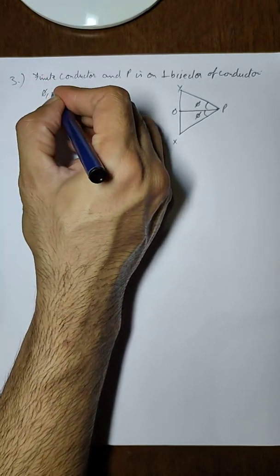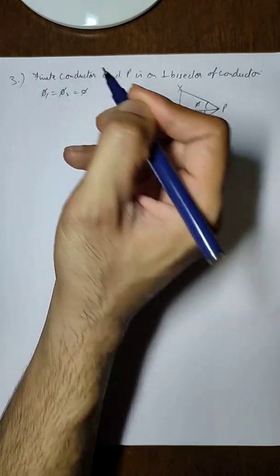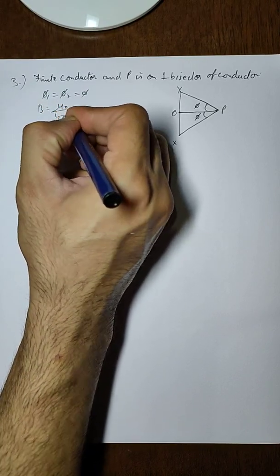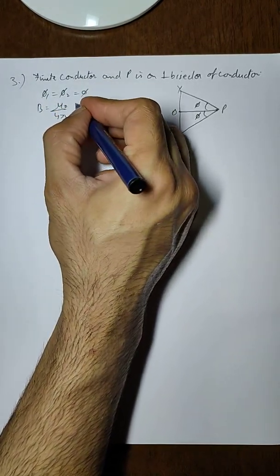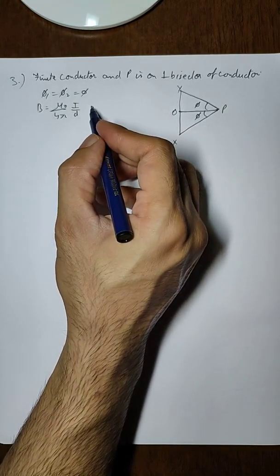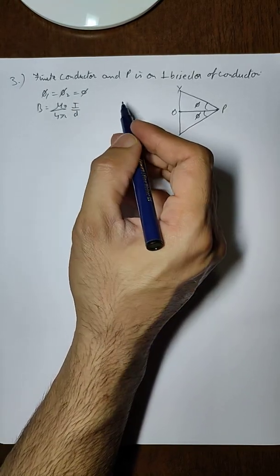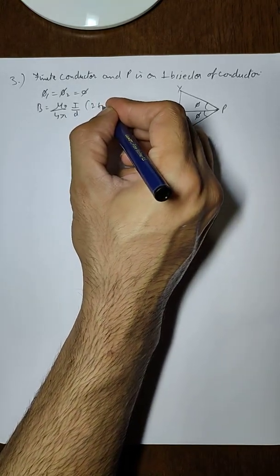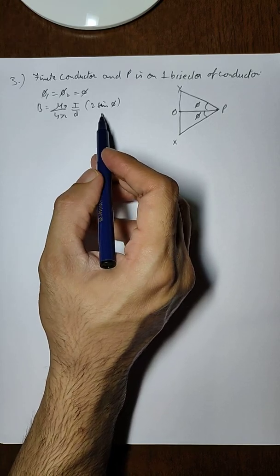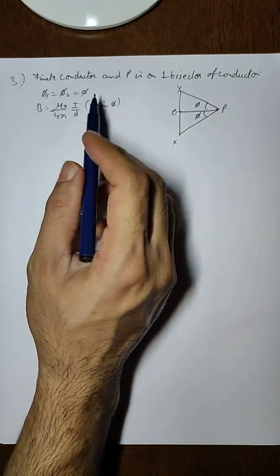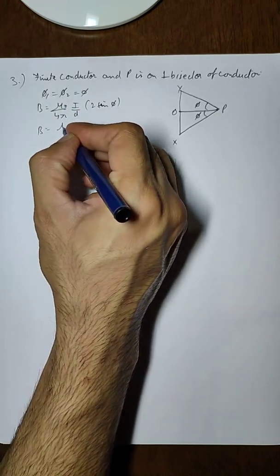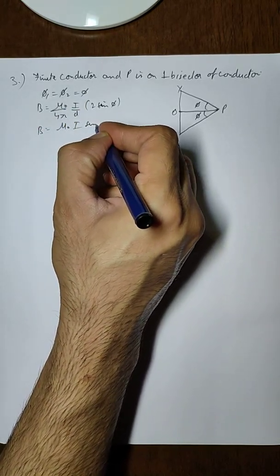Then in this case, phi 1 becomes equal to phi 2 becomes equal to phi, and B can be written as mu naught upon 4 pi, I upon d, and sine phi 1 plus sine phi 2. So sine phi plus sine phi, so this will be equal to 2 sine phi. We are doing nothing but simply substituting this condition of special cases in the original formula. The 2 gets cancelled and this expression can be written as